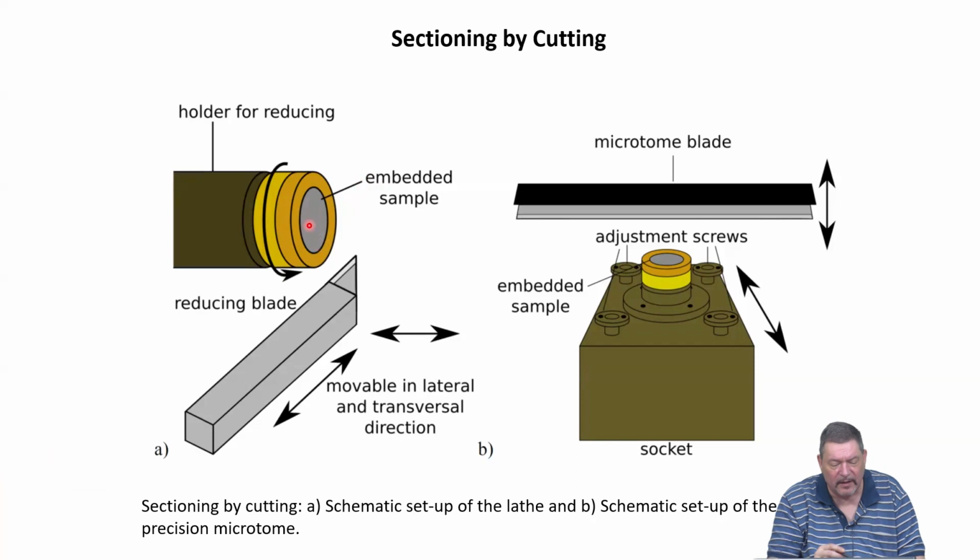And then first you do the reduction, meaning that you have a sharp blade which moves back and forth, so you can basically reduce the diameter of your sample by the sample turning quickly and by basically cutting off the edges, so to speak. Obviously, you need to do this in a thickness which is thicker than the average diffusion length into your material, because otherwise the solutes could go along the surface